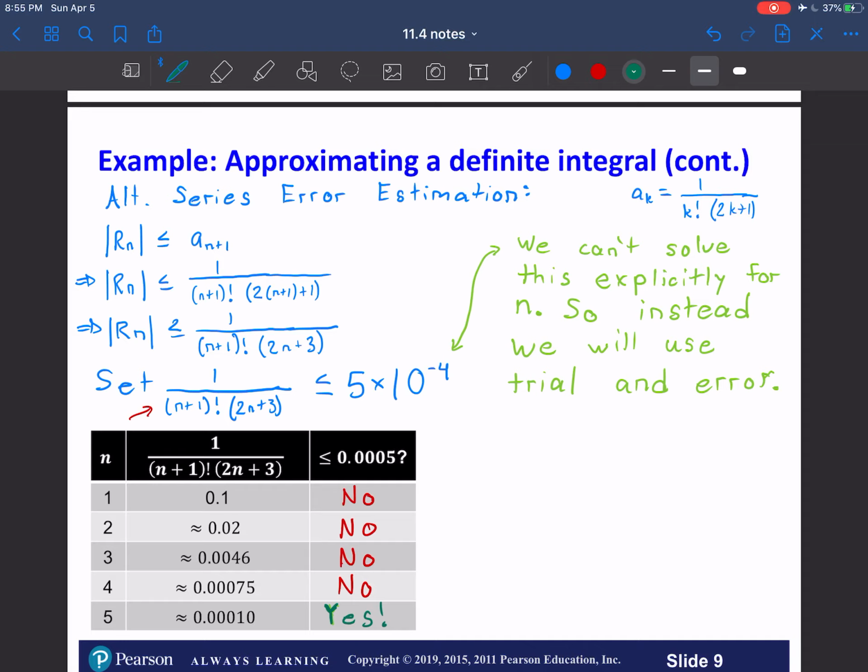So the conclusion that we can reach here is to realize that we need more than 5 terms, at least 5 terms are required